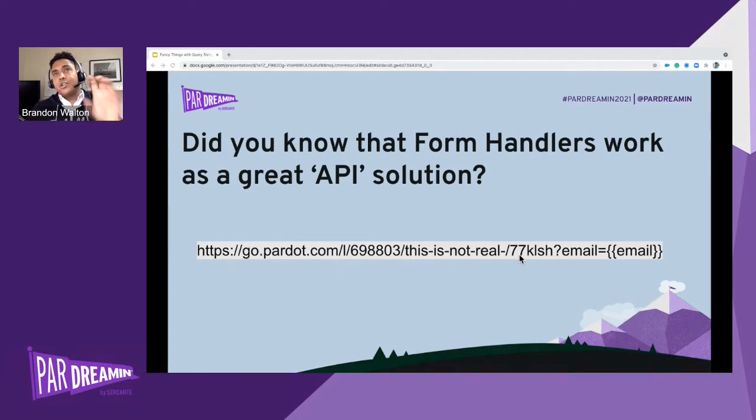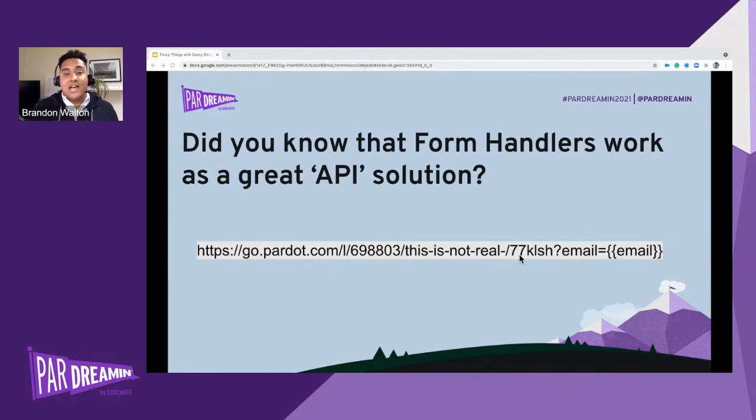So if you're solutioning a process for integrating Pardot with something, and all you need to do is have that tool send information into Pardot, send a prospect into Pardot, oftentimes you can do that with a form handler and save yourself tons and tons of development time. So the next time you're getting pulled into, if you're the marketer, that complex technical conversation and things are coming up with, oh, we need the API, we need to authenticate, do yourself a favor, bring this up as an optional solution, and you might be a hero because you learned some fancy things with query strings.